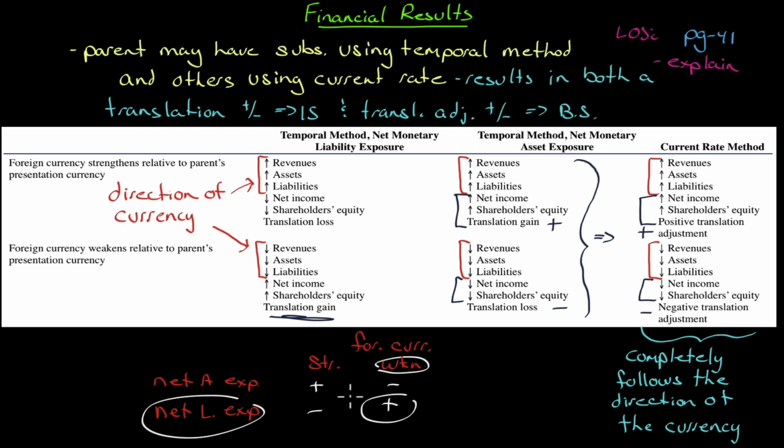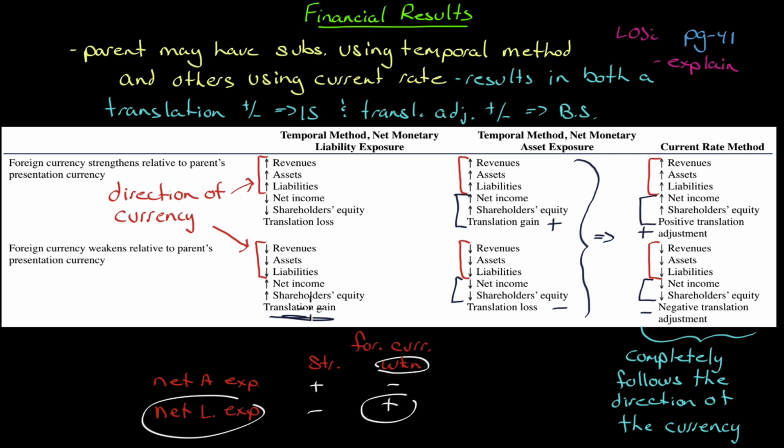We're using the temporal effect, so I'm just going to look at the monetary assets and the monetary liabilities. Where's my exposure? If I have net liability exposure, I'd like to see the foreign currency weaken. Net liability exposure, foreign currency weakens, we get a translation gain. I say we would like to see it because I'm biased to gains and biased against losses, but you really